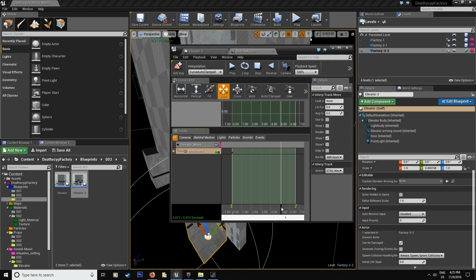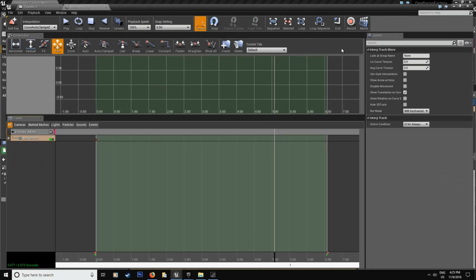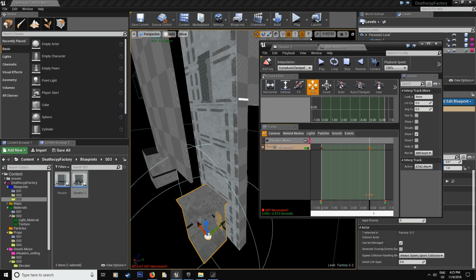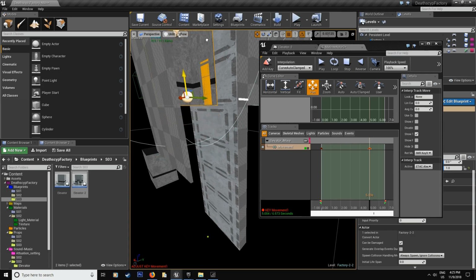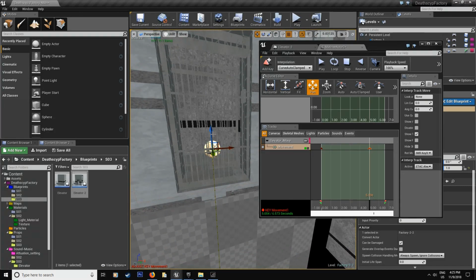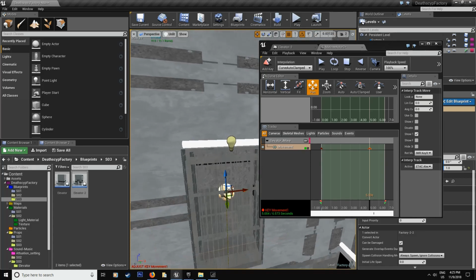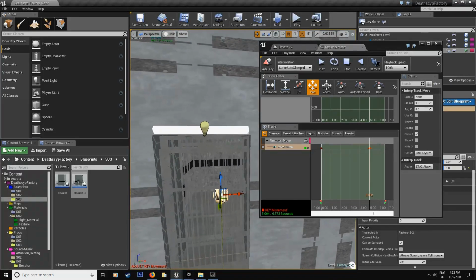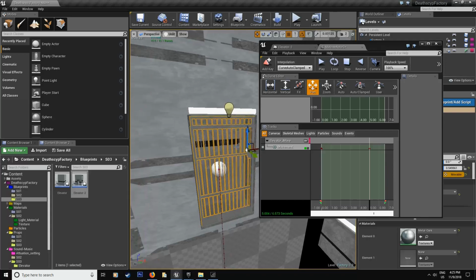And what's going to happen is I want the scene to be 5 seconds for this. So I'm going to go at 5, put a mark, and from there we're going to bring our elevator all the way up. And you want to make sure it's in line with the floor that I did, like that. Okay, and what we're going to do over here, since there's a door here, let's open this one,